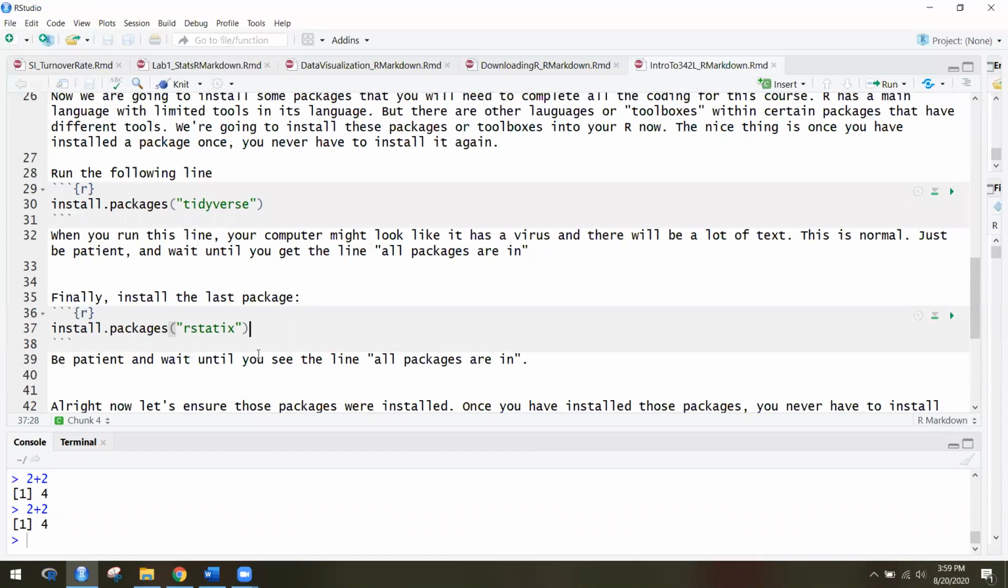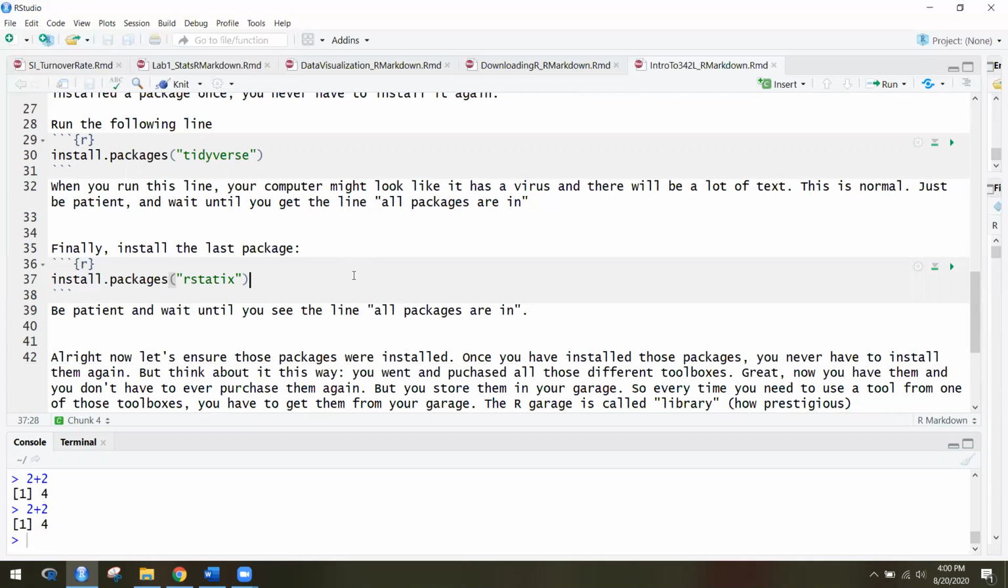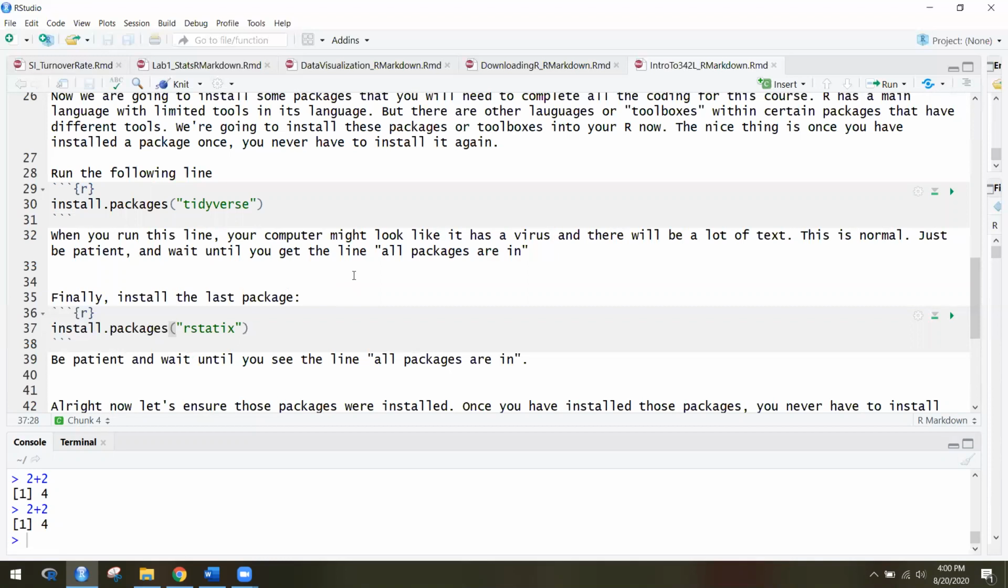It's kind of a weird process. It almost looks like your computer is going through a virus, but it's all normal. So just be patient, wait till you get that line that says all packages are in. Now the cool thing about installing packages is that once we install a package once, we never have to install